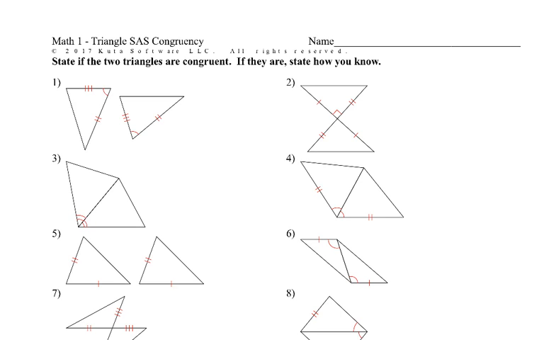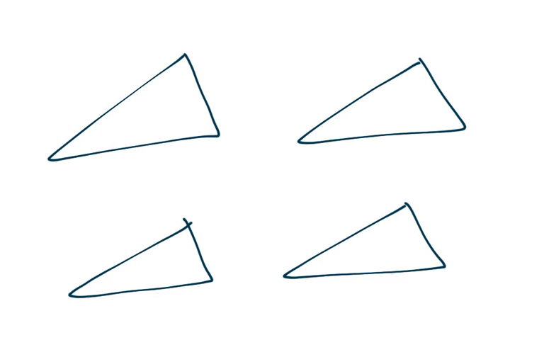Here we are, triangle congruency, SAS, okay? So, before we get started on these, remember, now we're to the point where we know two rules. We know side, side, side. So if we have three sides that are congruent,